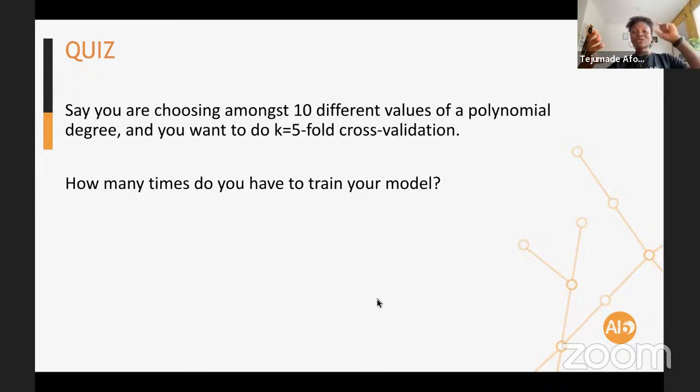But now you want to choose between 10 different values, 1, 2, 3, up to 10. So for each of those values, you would have 5 models, multiplied by 10, you would have 50 models. So I hope that is clear to those of us that think it's 5. Is it clear why it is not 5 and it is 50? Yes, great.